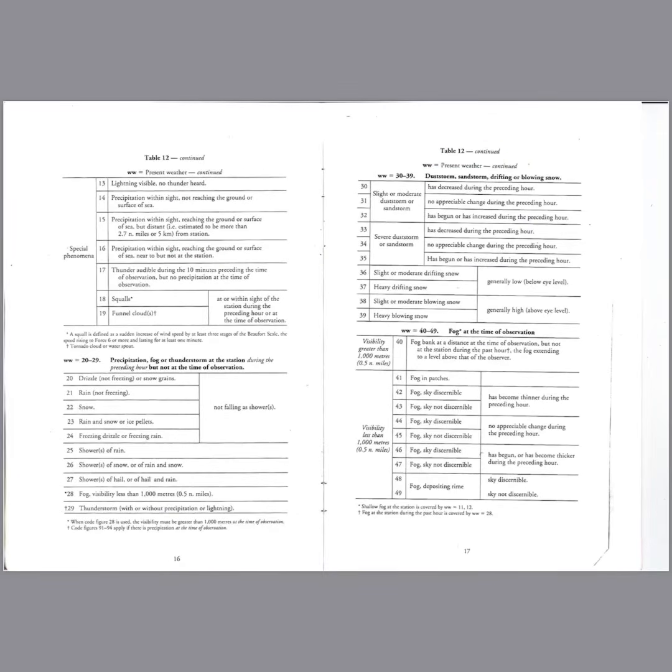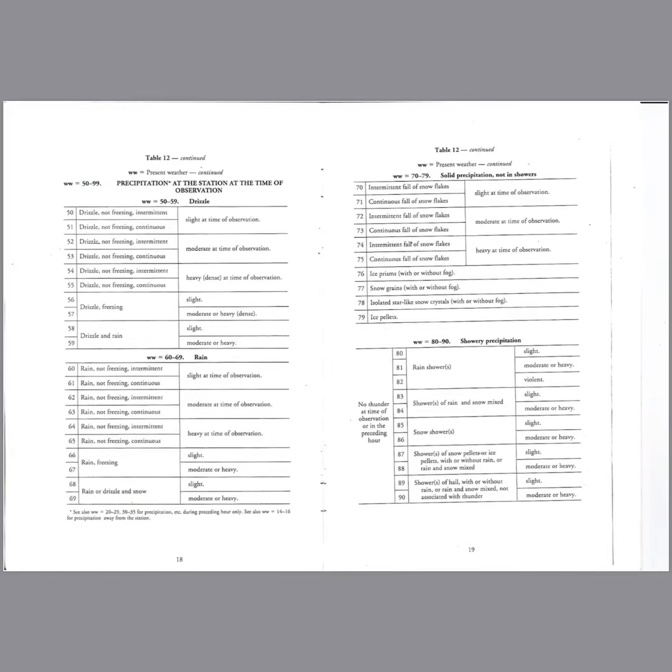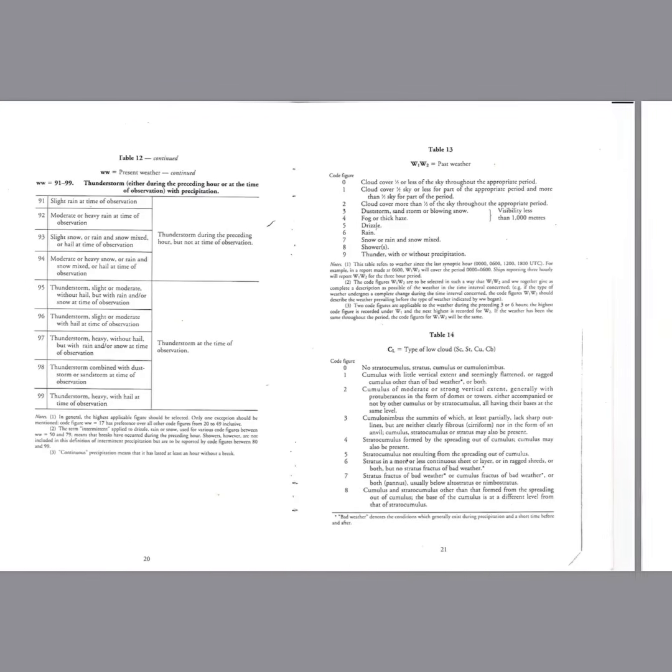If I change this table, you can see present weather is here, it keeps going. Over here it shows you this is present weather continued, and then again if I change the table, it's still present weather, and over here, that's right, so over here